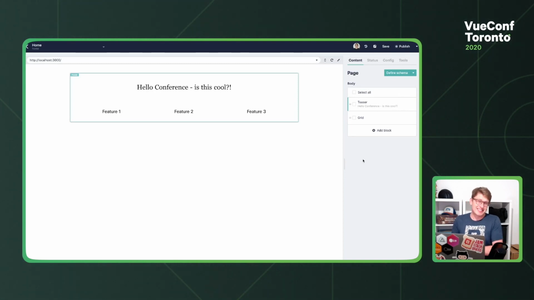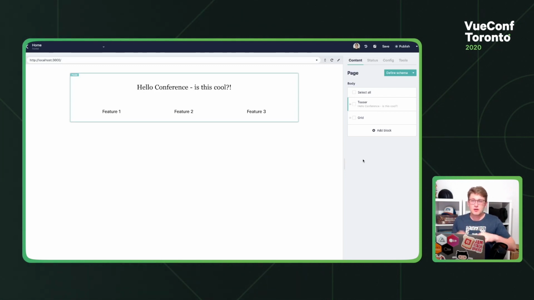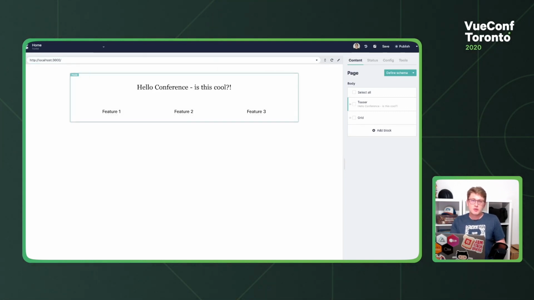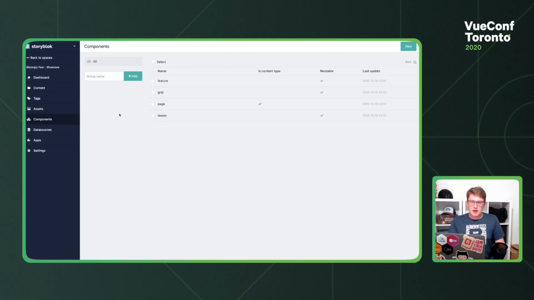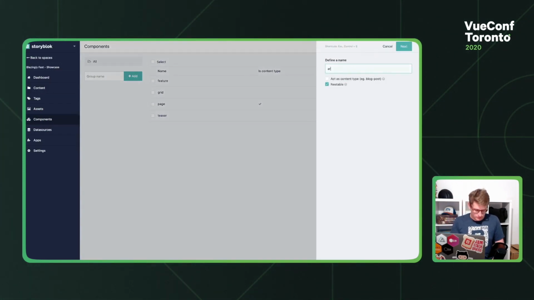Okay, but this is still kind of a hello world sample, and I wanted to show you how to build a little sample website with featured articles. So let's create a new article, new component. I will jump back to the component section and create the article. As the article in the future should act as the content type,